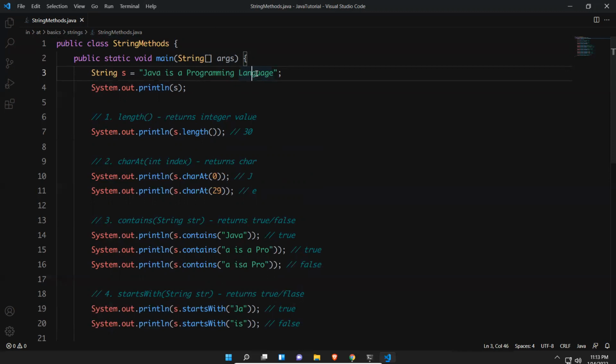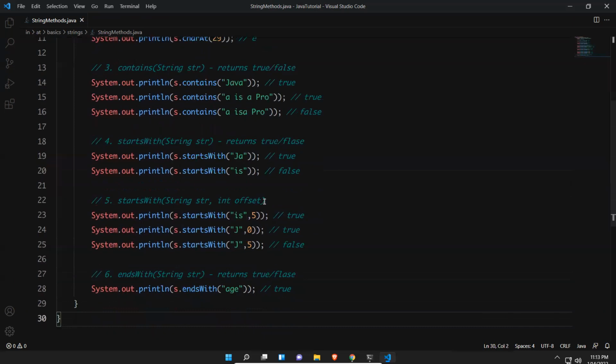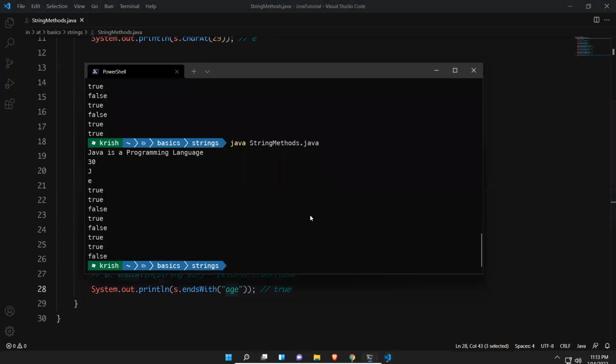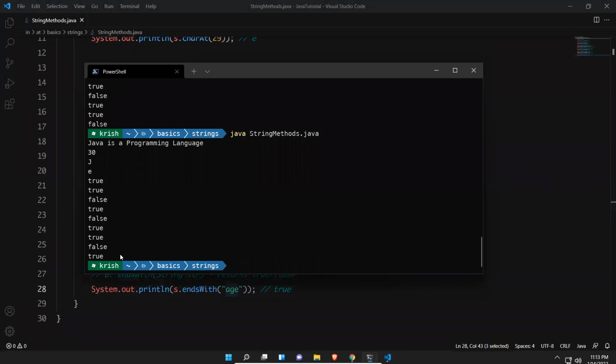So if you take GUAGE, right? It is ending with GUAGE, so it will return true. Age is also a part of the end sequence. If I try to print this one, now the last value is true.